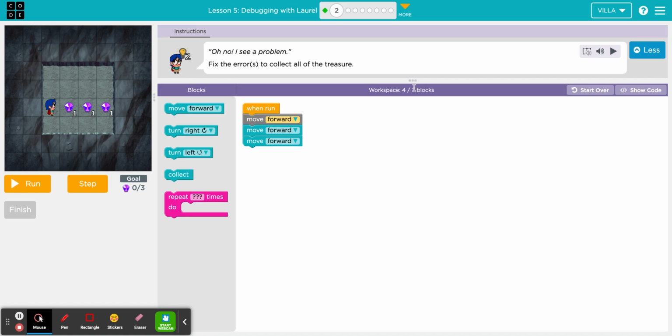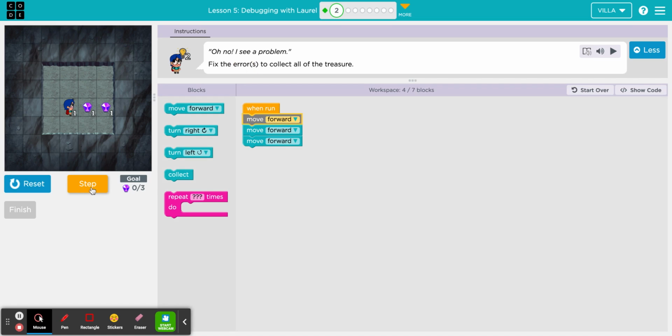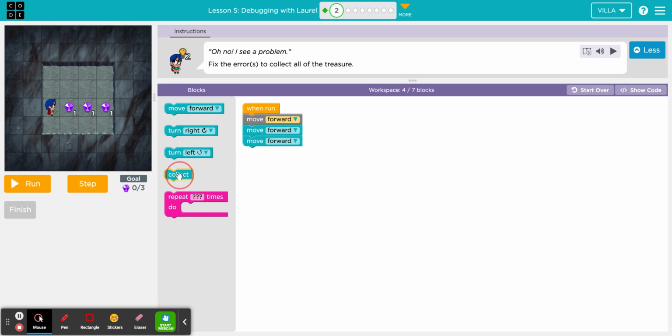I will point out that this program says that we need 7 blocks to solve, and so far we have 4, as in 1, 2, 3, 4. So we need 3 more blocks somewhere. If I click step, I can see her move, and if I click step again, I see her move again, but it looks like the mistake or the bug is that she forgot to pick up the gem after the first step. So if I grab a collect block and I put it in after the first step,